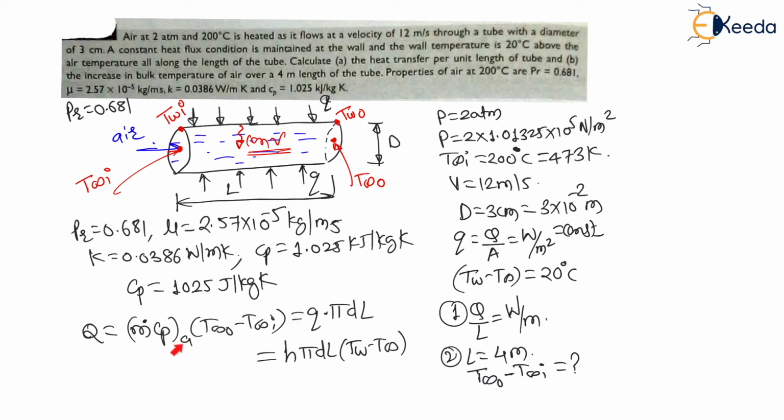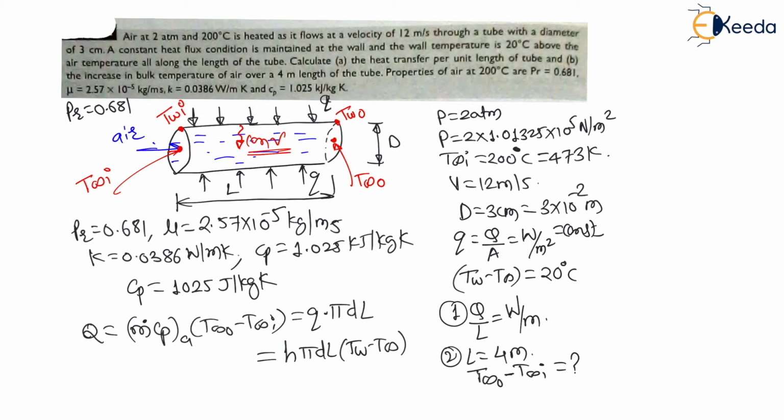So, my dear students, to calculate this heat transfer rate, we have to calculate this mass flow rate, Cp, T infinity O minus T infinity I. But this T infinity O minus T infinity I is the second question. So we cannot calculate this bulk fluid temperature difference initially. So this formula will not be useful first. This formula we will use for calculating T infinity O minus T infinity I. Then we have to calculate heat flux, but heat flux is not given in the question, right? As heat flux is not given, again this formula is not useful. Therefore here Q is equal to h into pi dl into T wall minus T infinity.